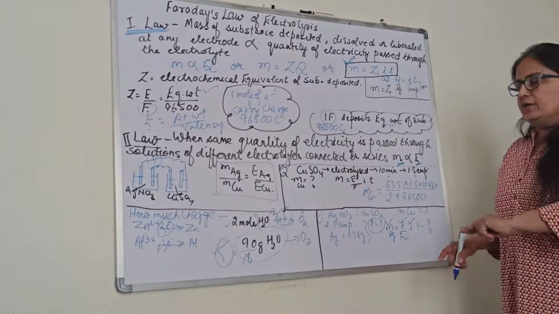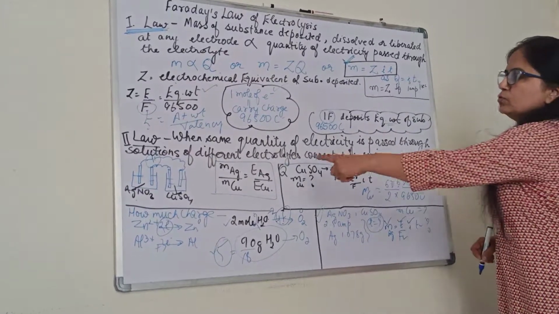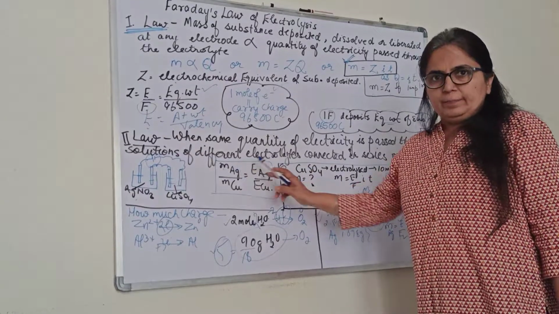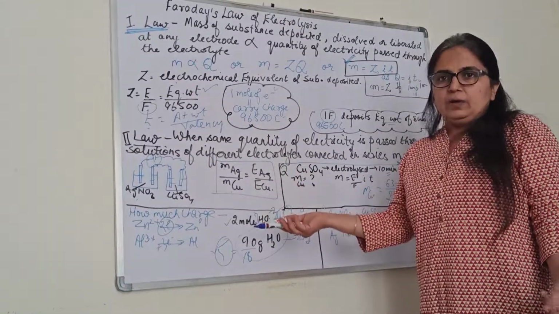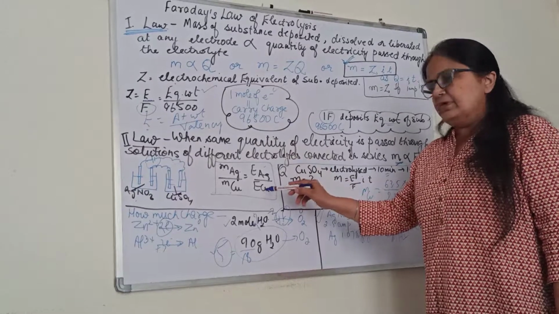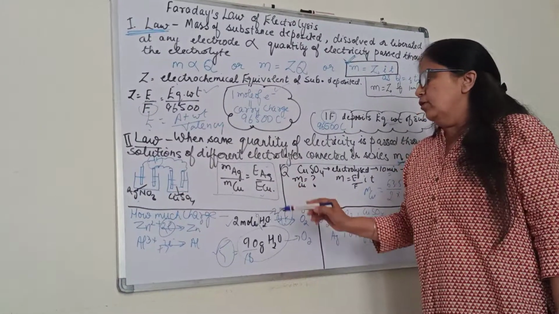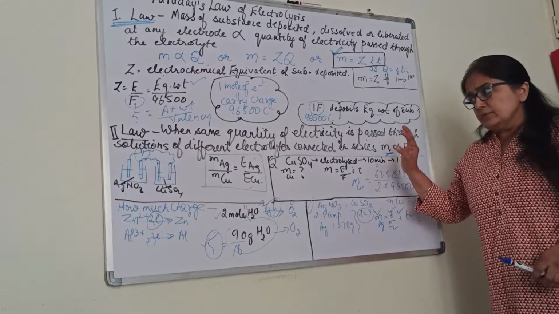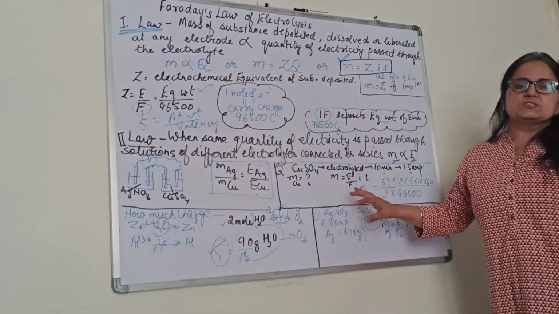In the second part of the question, we will make use of this formula. In that case, we know the mass of silver, mass of copper unknown, equivalent mass of silver was known, equivalent weight of copper is also known. Till here it is clear. So in the assignment, I will give you some more questions for practice.